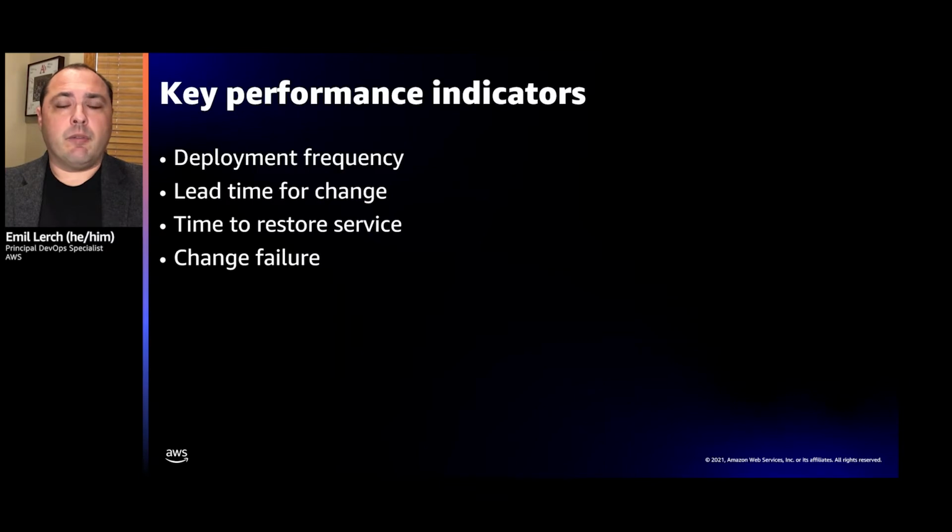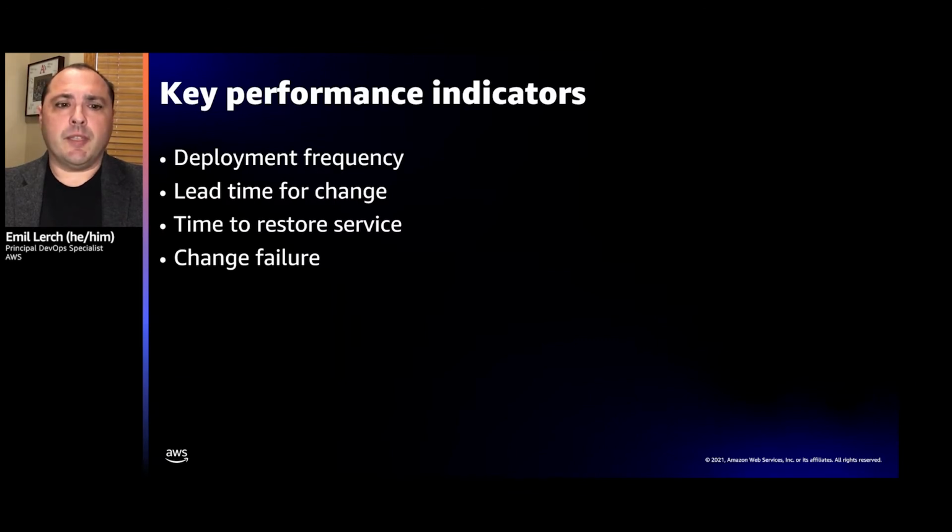Lead time for change, however, is going to be extremely important for Kate specifically. She wants to be able to write her code, provide a git commit command followed by a git push command, and then go hands off and let the rest of the system move that code from what she's authored into production as quickly as possible. She would rather wait just a minute or two rather than waiting an hour or more to be able to see the effect of her code changes make it into production. So lead time for change is something that's going to be super important for her.